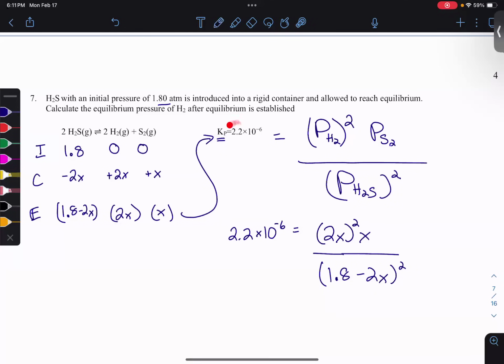K is a very small number, has lots of zeros in it. So when you look at this really small K, does this reaction move forward that much? No, because at equilibrium, are you going to find a lot of products? No, because K is really small. So that means x is going to be what? Is it going to be a really big number or a really small number? Small. So when you take 1.8 and subtract a small number, that 1.8 doesn't really change that much,